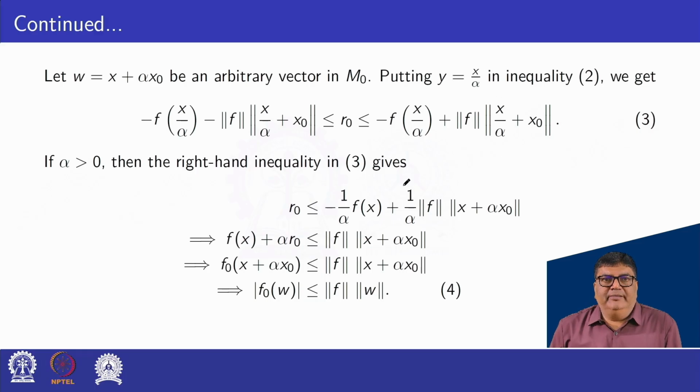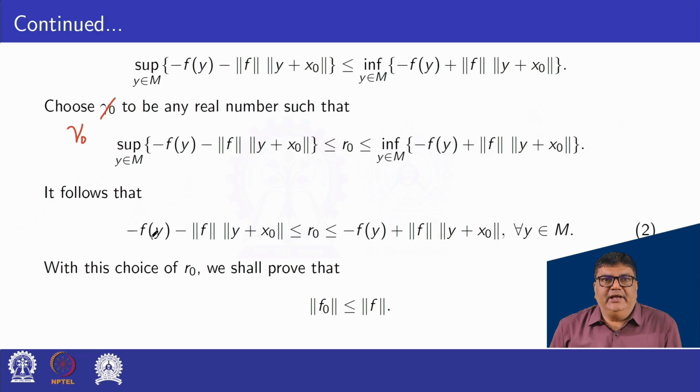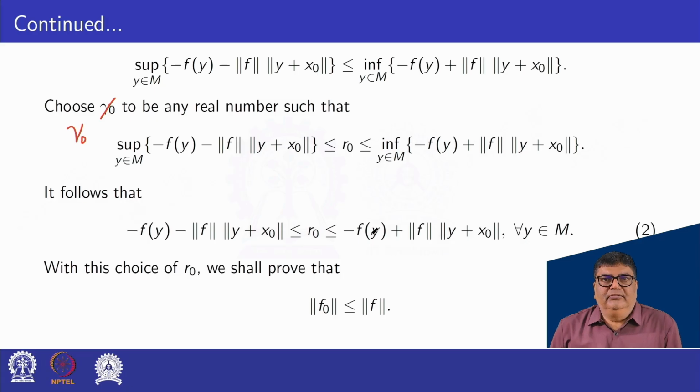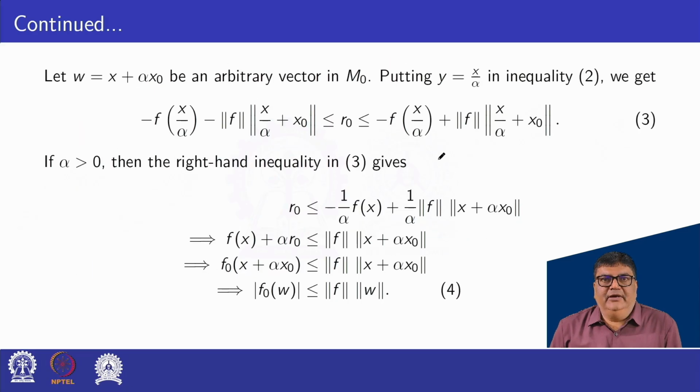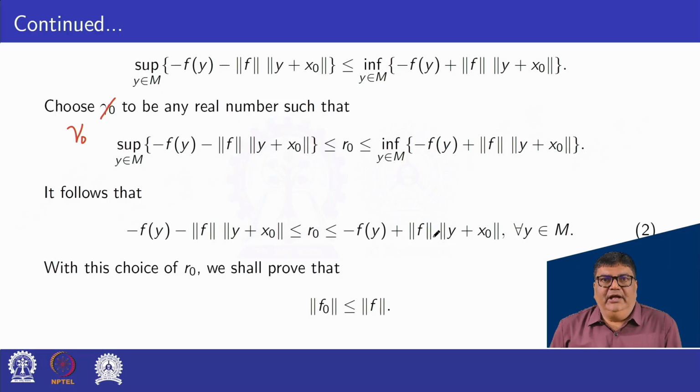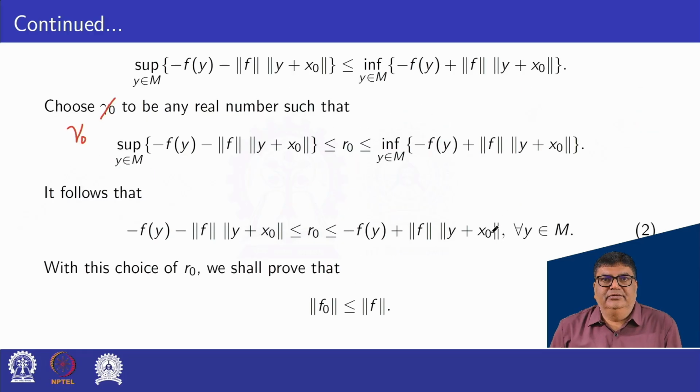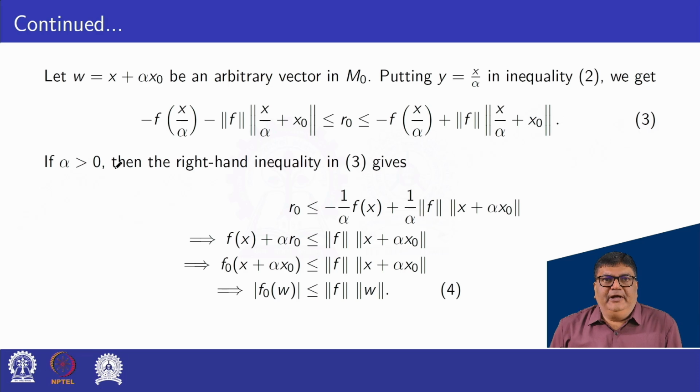Here y is equal to x by alpha. So this can be written as minus f of x by alpha minus norm f norm x by alpha plus x0 less or equal to r0 less or equal to minus f of x by alpha plus norm f into norm x by alpha plus x0. Okay, so if alpha greater than 0, then the right hand inequality in 3 gives, simplifying this,